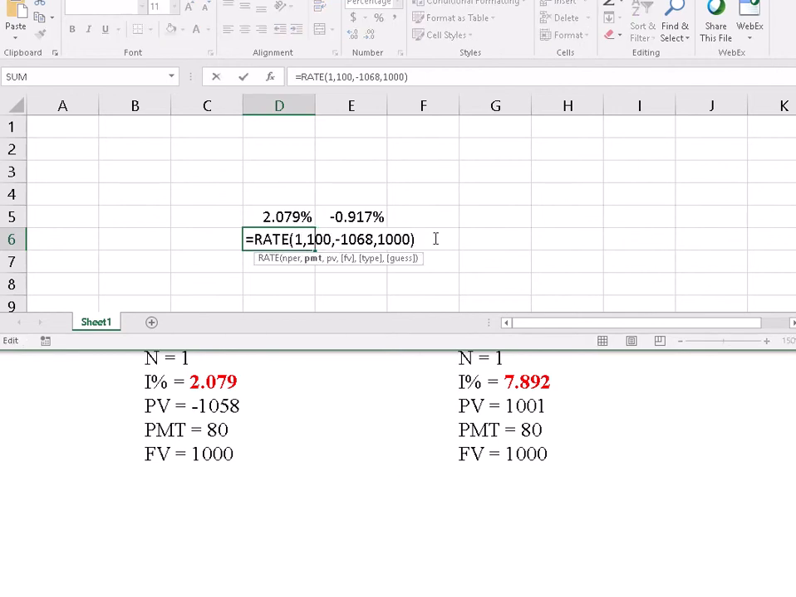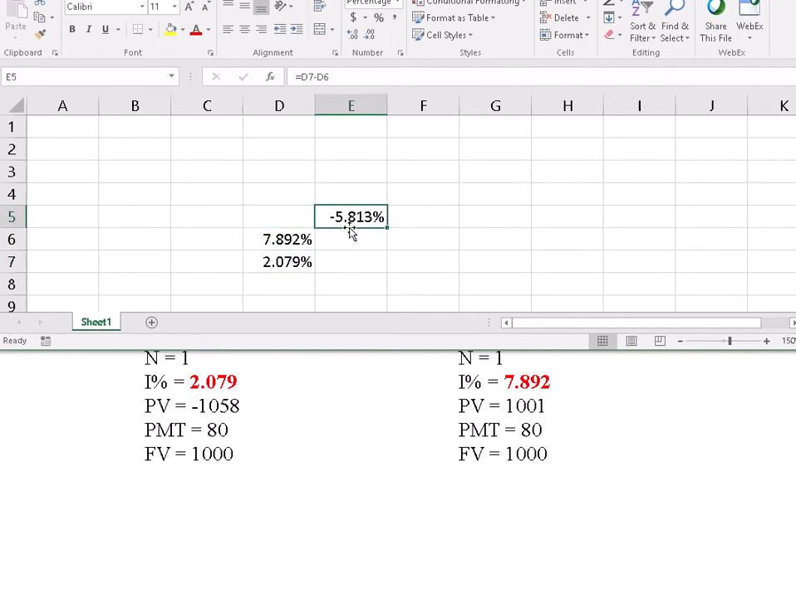And then over here we got to change this to 80, and then we got to change this price to 1,001. And oh man, I messed this up. Let me move this around like this. I'll take the difference of them now. The difference in the two is